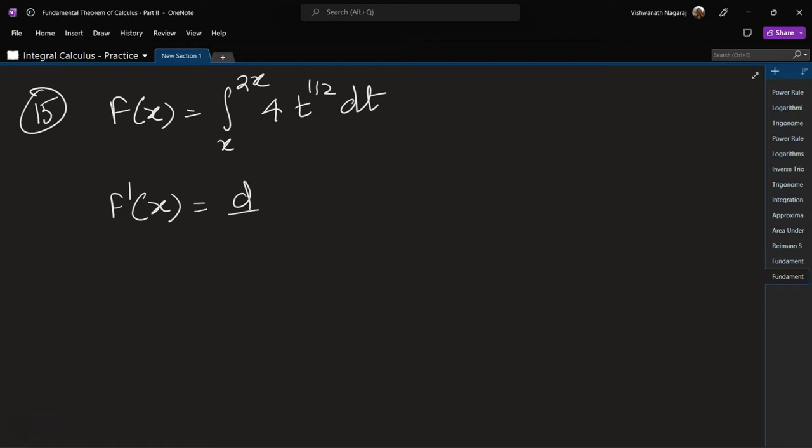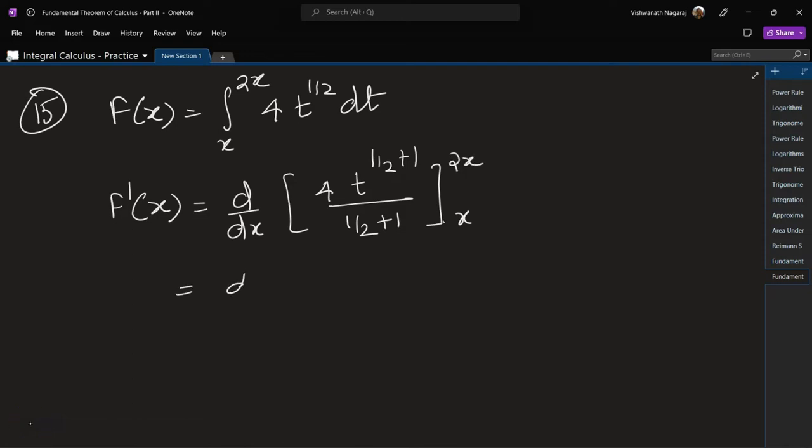We get d by dx of, now instead of writing one more step, let me directly integrate this: 4 t to the power of 1 by 2 plus 1, divided by 1 by 2 plus 1, from x to 2x,